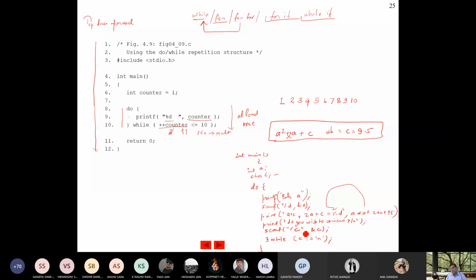So this is a menu driven program. It will always run. Whenever the user types yes, it will automatically go here. Whatever the user is typing, every time it will enter into the program. And when the user has typed n, it will automatically halt the program. So this is a menu driven program, and you can loop this program forever until the user has entered the value n. So in this program, any doubt?